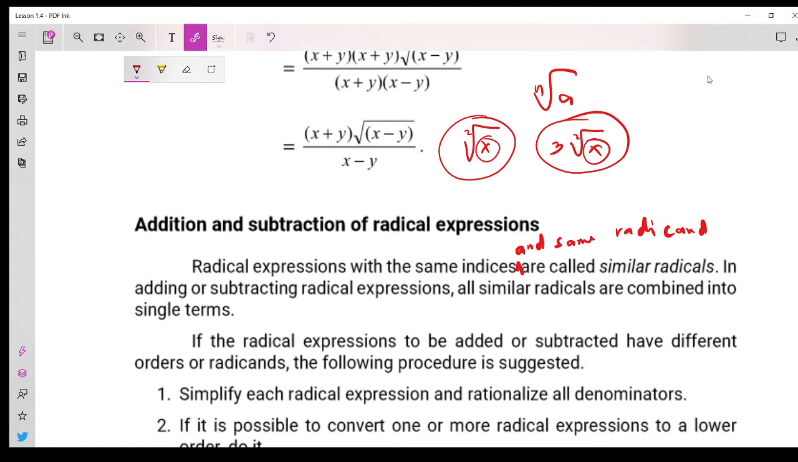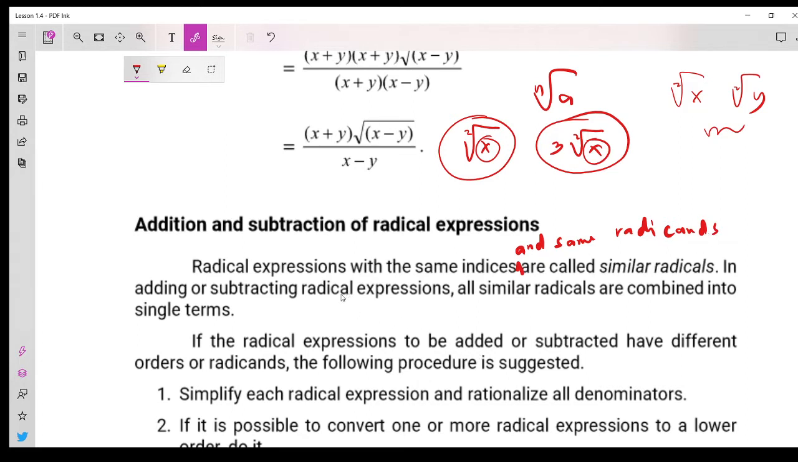Okay? So when you have here square root of x and then square root of y, these two are not similar radicals because though they have the same indices, they don't have the same radicand. So again, when you say similar radicals, it means that they have the same indices and the same radicands. Okay. So in adding or subtracting